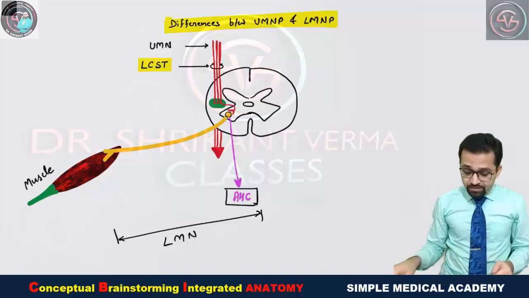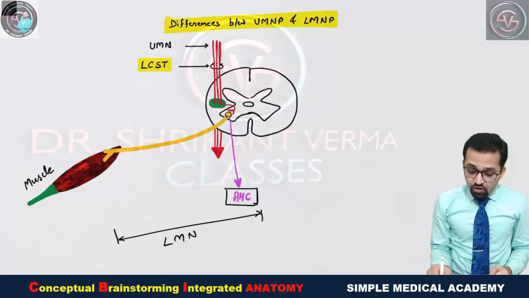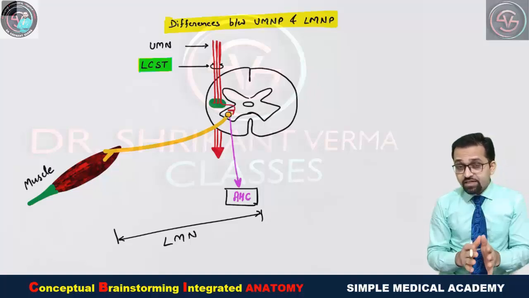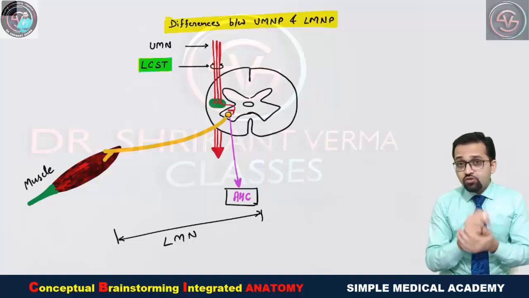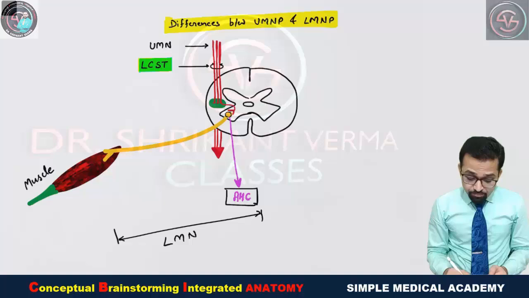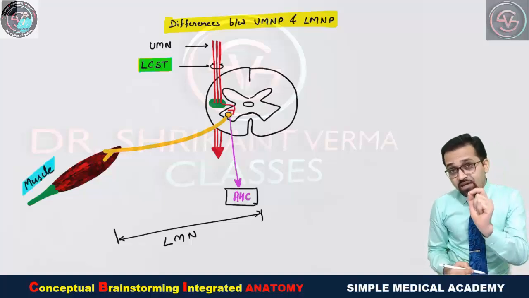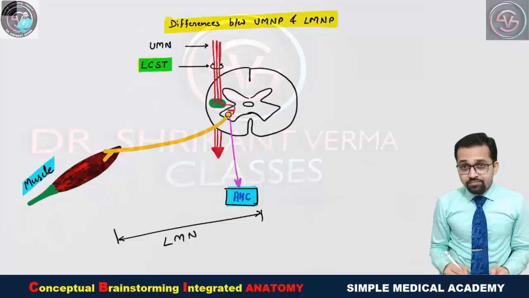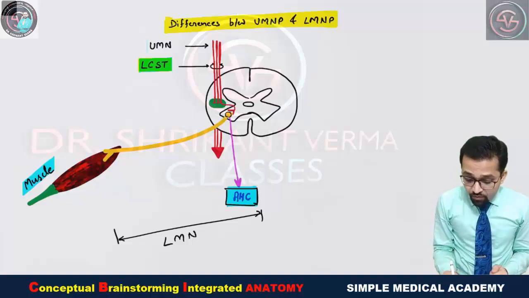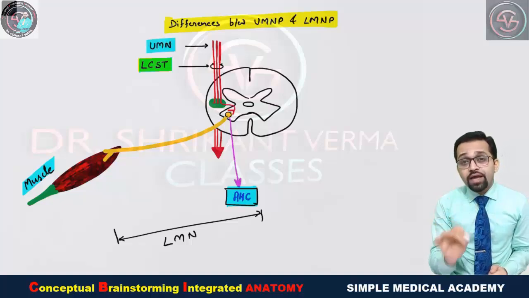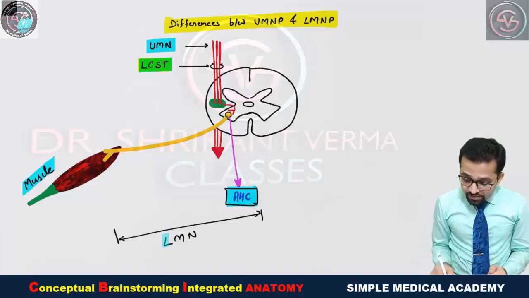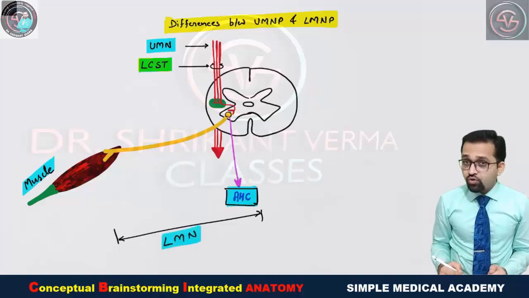Here you can see, yes, this is the diagrammatic presentation of the same lateral corticospinal tract. Now what is happening, this lateral corticospinal tract is descending through the spinal cord from the lateral white column, but when it has to supply any particular muscle, it is giving one single fiber which is supplying the anterior horn cell of that level. Above this anterior horn cell, as we have already discussed, that is known as upper motor neuron, while the nerve below this anterior horn cell is known as lower motor neuron.